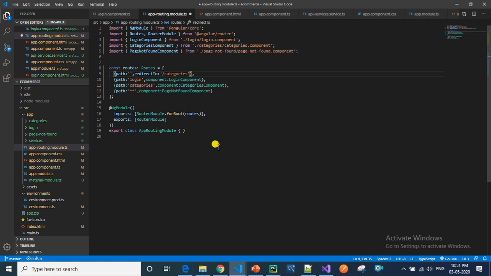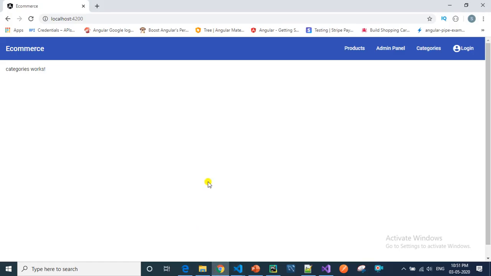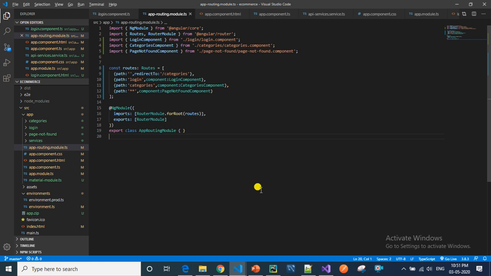So I'm writing categories here, so it will check for the path and go to categories. Now we'll go to the browser and check whether it's working or not.